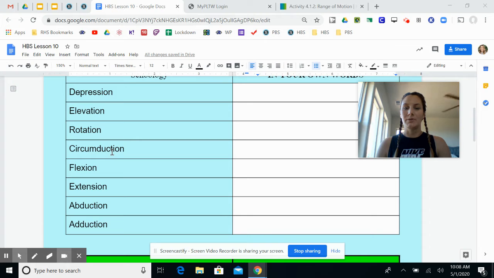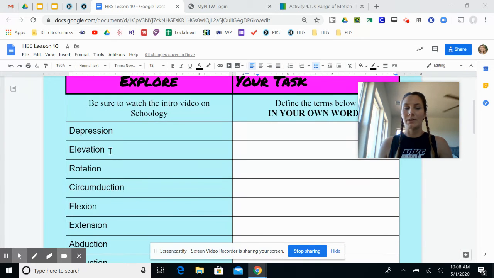So start by doing a little research, in your own words. I do not want to see copy and pasting. I know it's hard because we are doing distance learning, but make sure that you are using your own words. If I'm seeing it straight